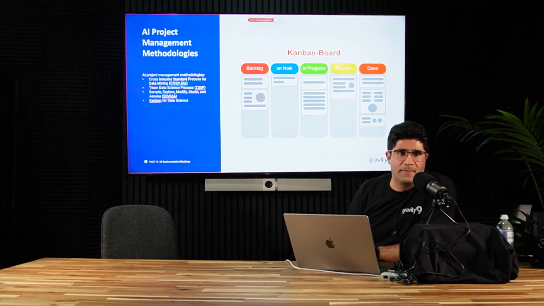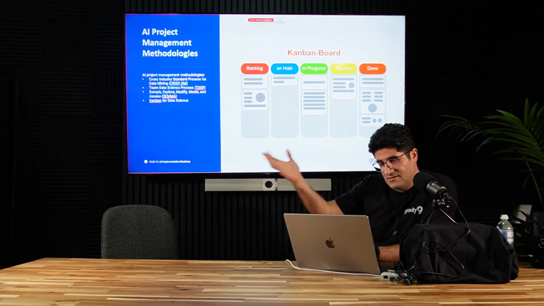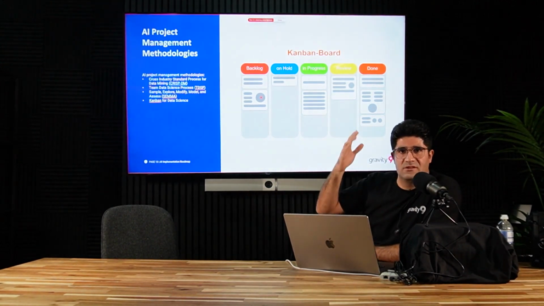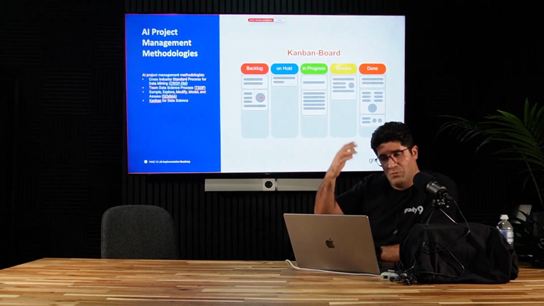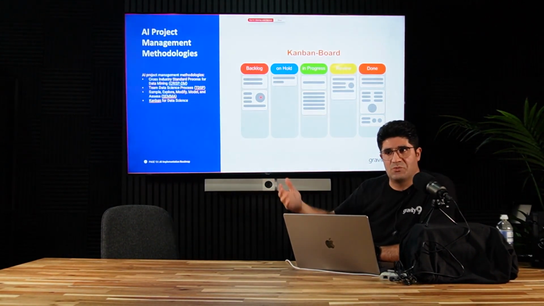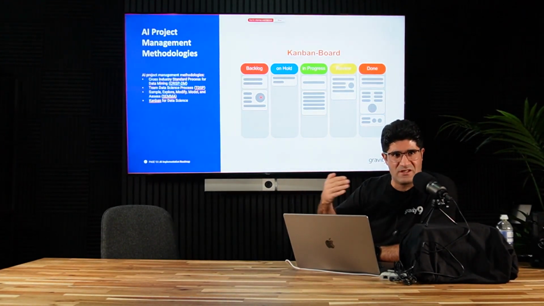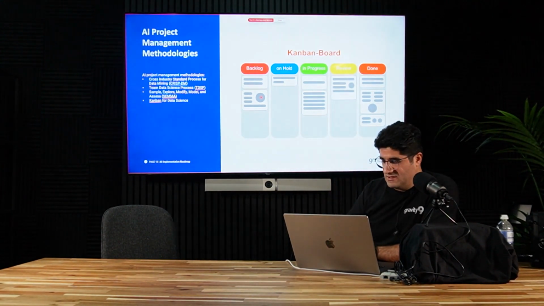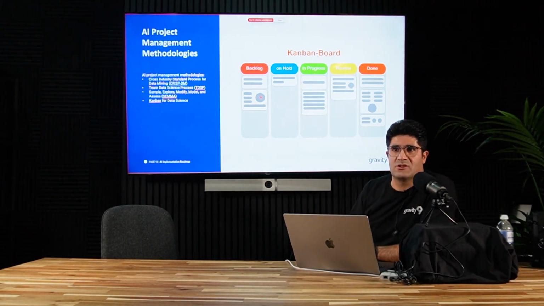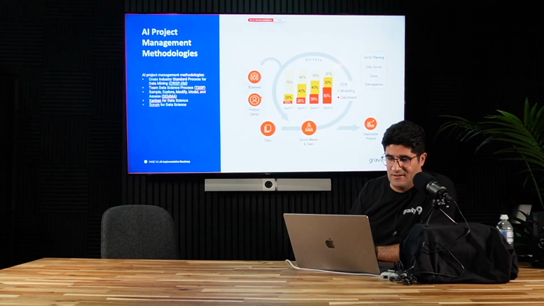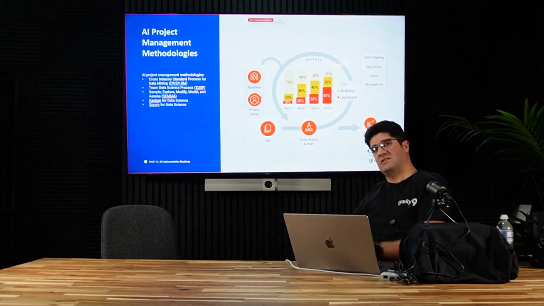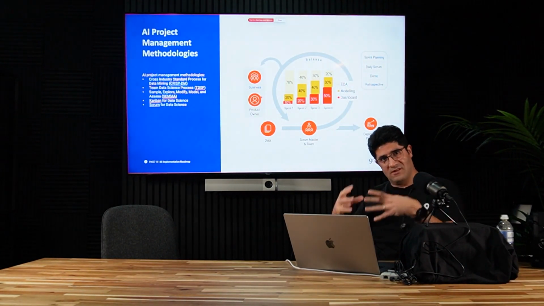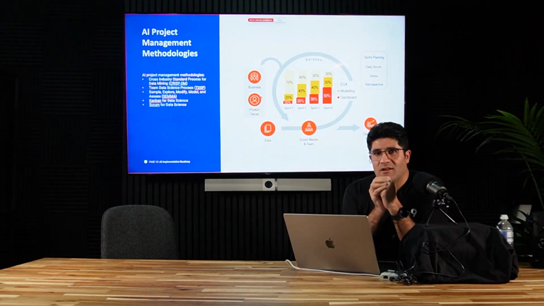Kanban, I think, is one of the famous ones at the moment, and it's used in different sectors. You have a board with different columns, and each column represents the progress of the task, and you can assign them. So there is a specific version for data science, or you can follow your intuition and create a new board for yourself. Scrum for data science is another, I think, bespoke methodology just for AI and data science.